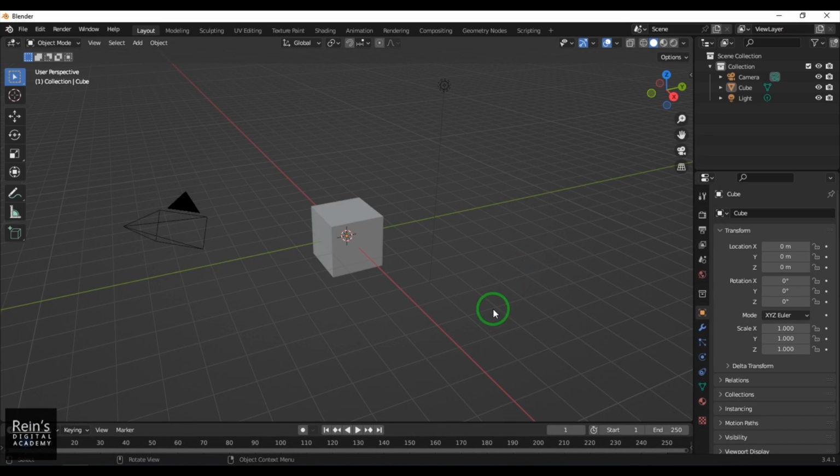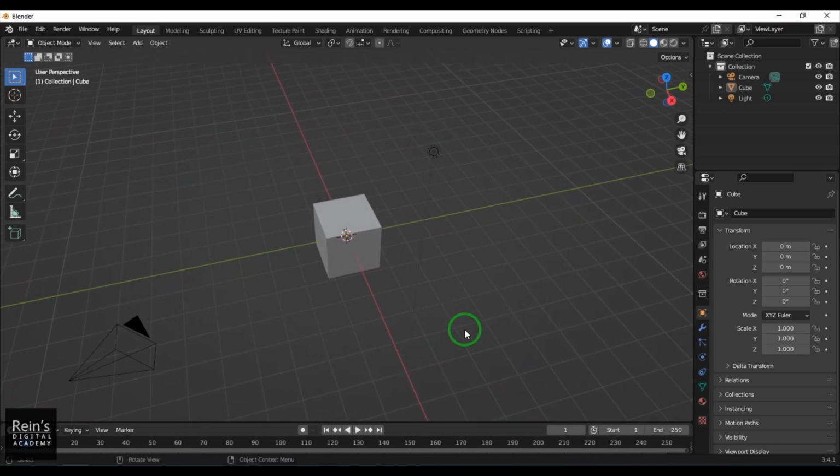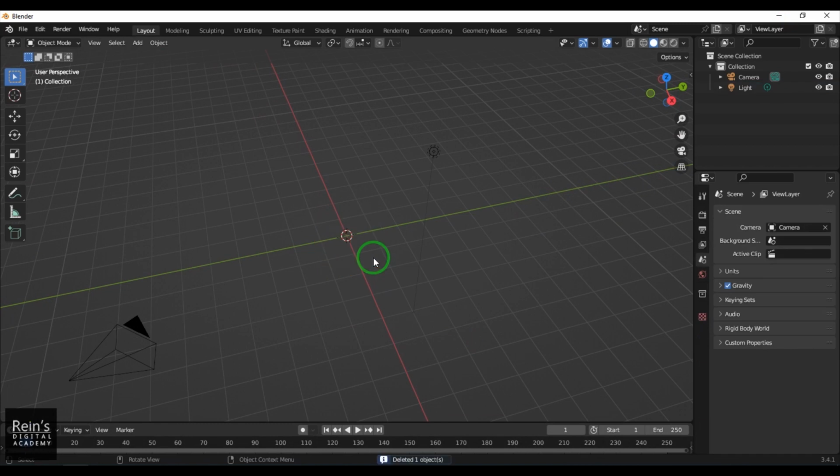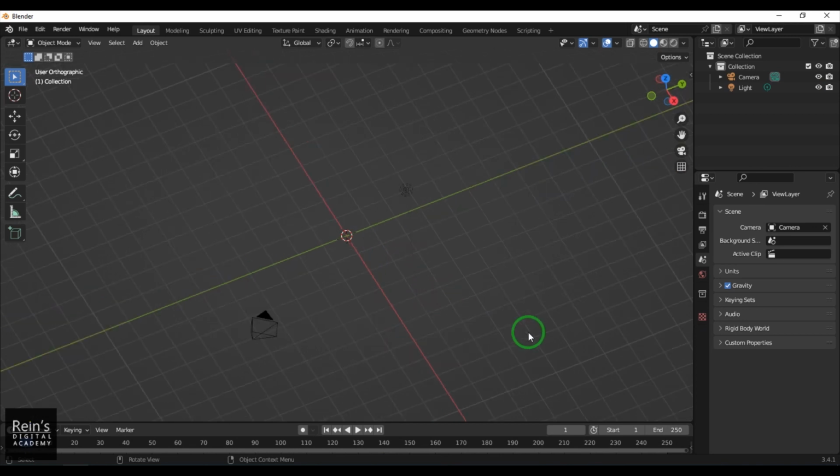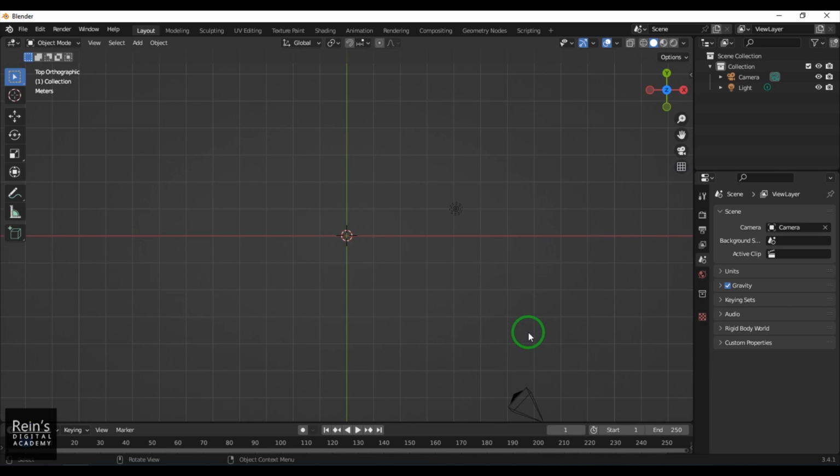So this is the scene right now, which is a default scene. I'm deleting this. Not necessarily you need to delete, but you can create a new one or you can work on the existing one. So I'll just go to the top view. I'm going to the top view here,